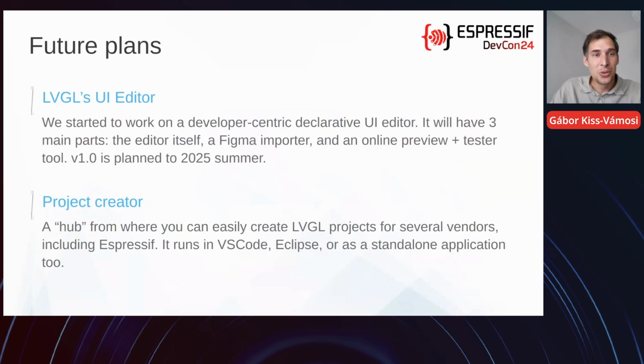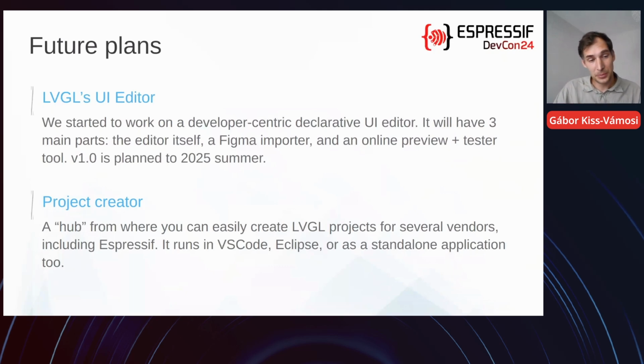But yeah, besides the UI editor, we are working on a project creator as well. It's a related tool. We will release it before the editor to have a hub where all the development boards that we maintain in LVGL's GitHub organization can be created as a ready-to-use project. You can just launch this tool as a VS Code extension, Eclipse plugin, or a standalone application. You can select the vendor, select the development boards, also change some configurations, click a button, and the project will